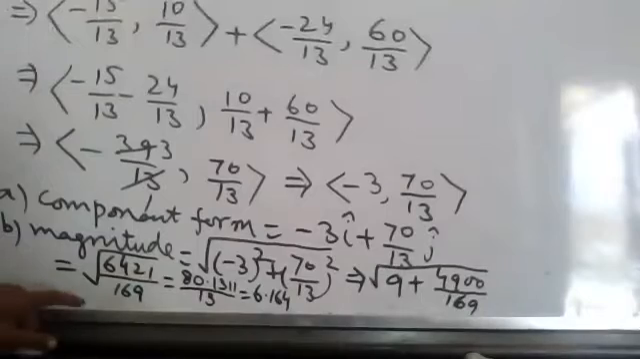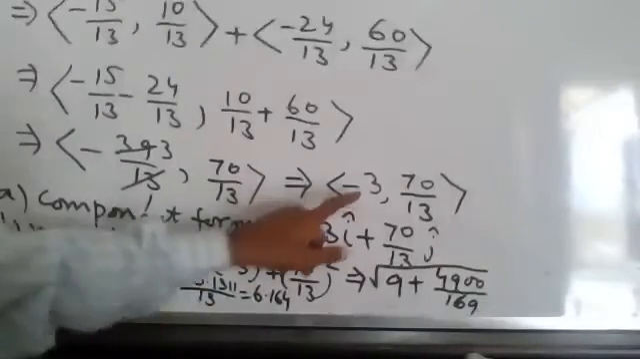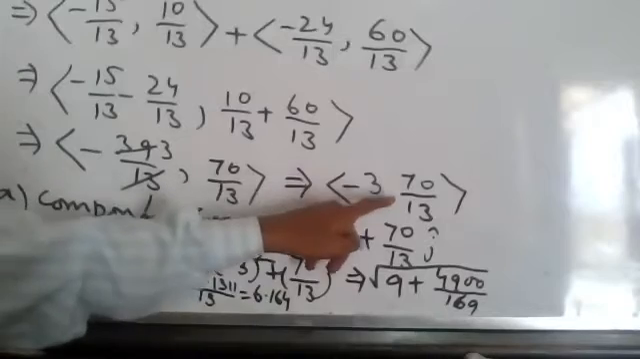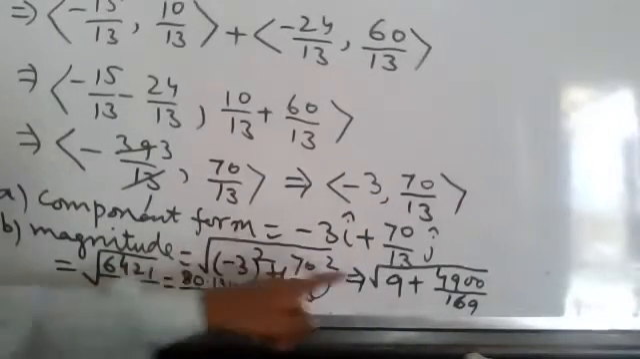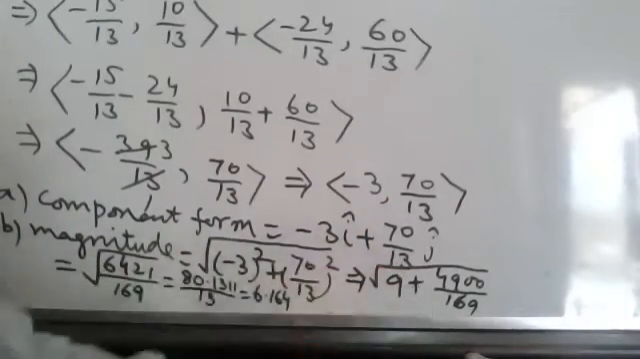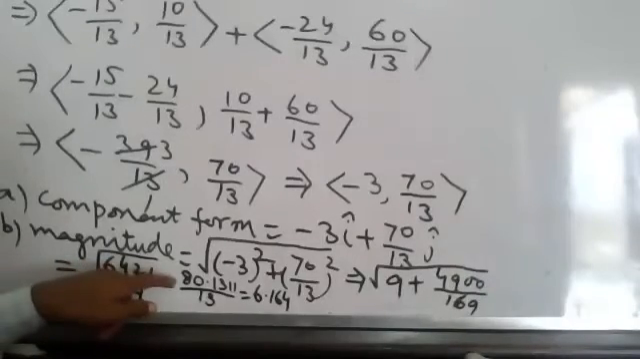So that was the magnitude is equal to the square root of (-3) squared plus (70/13) squared, which becomes 9 plus 4,900 upon 169 under root. Come under root: 6,421 upon 169. That will become